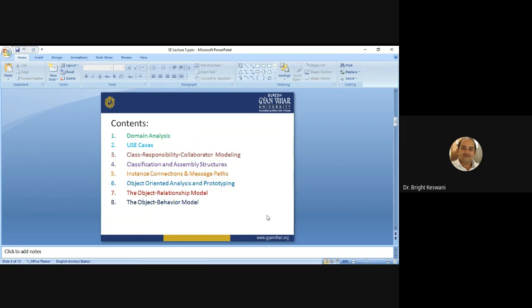In this class, we will discuss domain analysis, use cases, class responsibility collaborator modeling, classification and assembly structures, instance connections and message paths, object-oriented analysis and prototyping, the object relationship model, and the object behavior model. Okay, let us start with domain analysis.